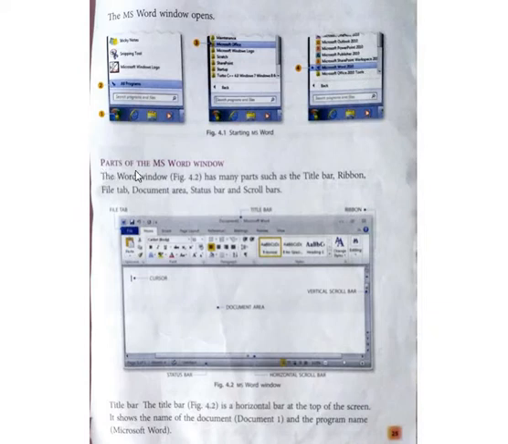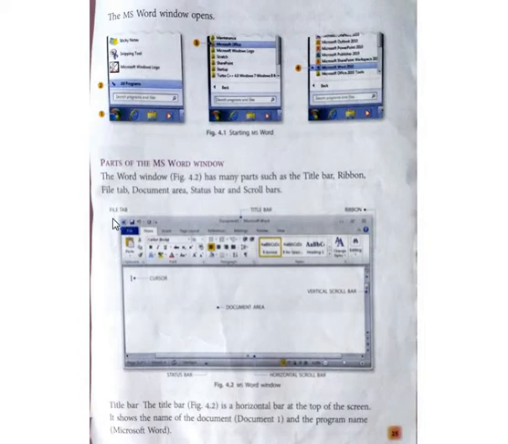Here are the parts of the MS Word window. The Word window has many parts such as the title bar, ribbon, file tab, document area, status bar, and scroll bars. You can see in the picture, this is an MS Word window.